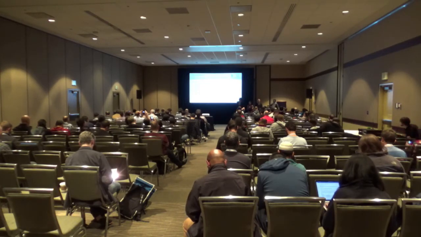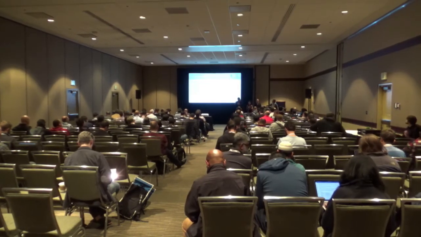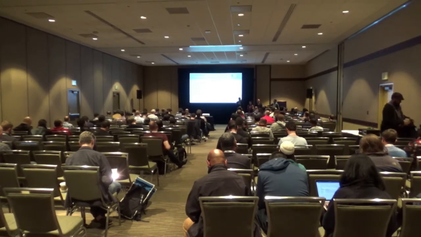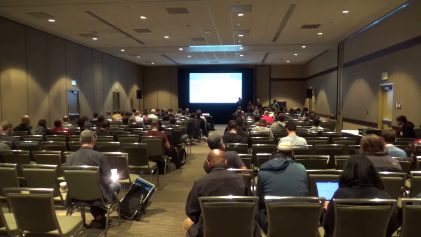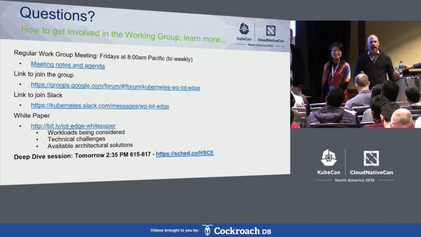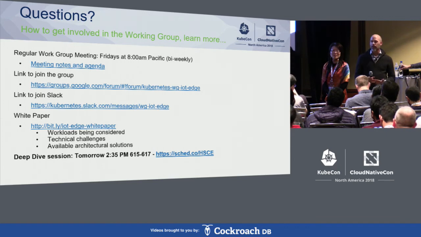And one of the things we're trying to do is make sure we're not completely rehashing all aspects of everything edge. We really are trying to be a Kubernetes working group, so we constrain ourselves to what is at the intersection of Kubernetes and edge. And we are a working group and not a SIG in that we are looking at edge considerations that might apply to other SIGs.